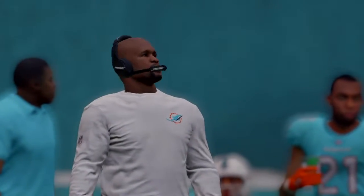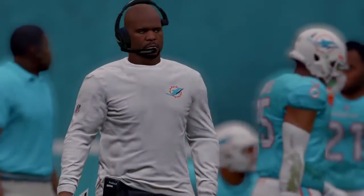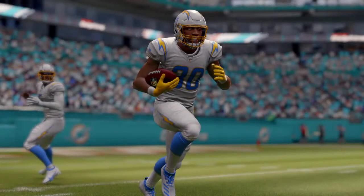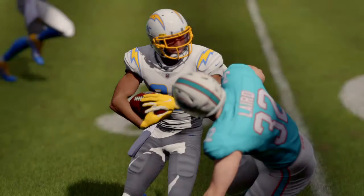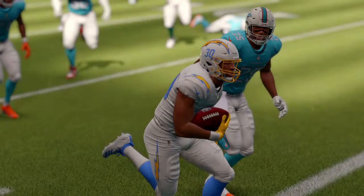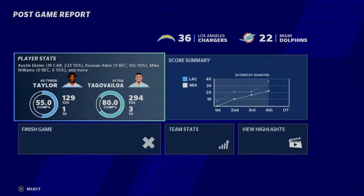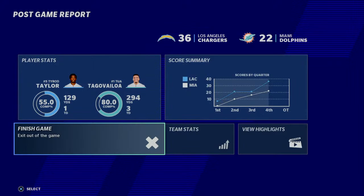Final score. Charles, we saw a lot of points go up in this one. Certainly defensively, stuff that they can look at on film, don't you think? No doubt about it, and they've got to go back and check where the errors are, how they're going to fix them, and continue to get better at what they do. But they also need a little adjustment with their confidence. To give up that many points, even if you win a game, that can hurt you. So for the Chargers,